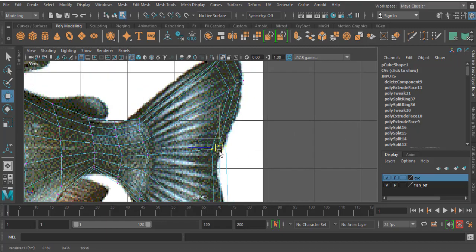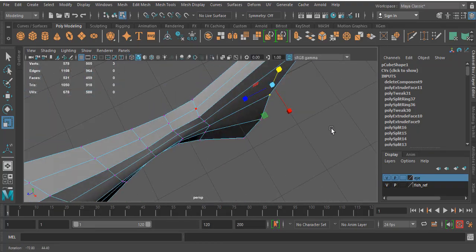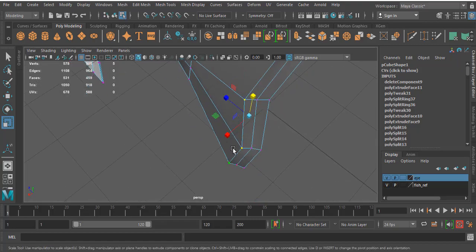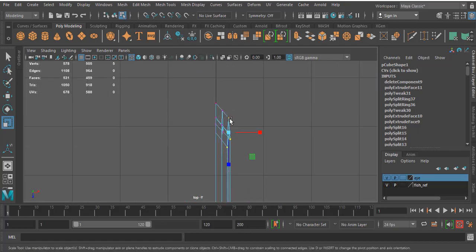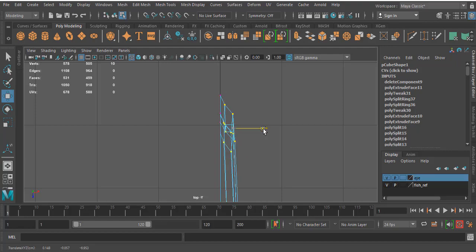So this will be like the center of this. Okay, you can move this again to feel like, you know, the tail area is very thin.